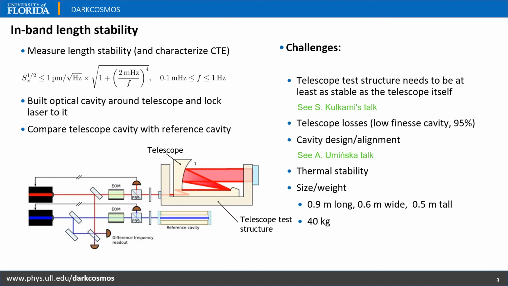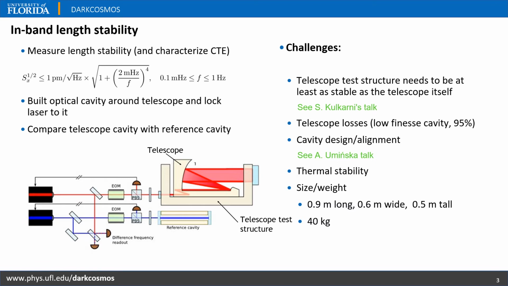This is something we've done in the past, and it's a clear concept. However, with the telescope inside the cavity, that poses important challenges. So first, the test structure needs to be at least as stable as the telescope itself. This is something that Soham is going to talk about in his presentation. The telescope will also have optical losses. The requirement for the optical efficiency is on the order of 95%. That means that we're going to have a low finesse cavity that creates problems on the boundary of the whole locking